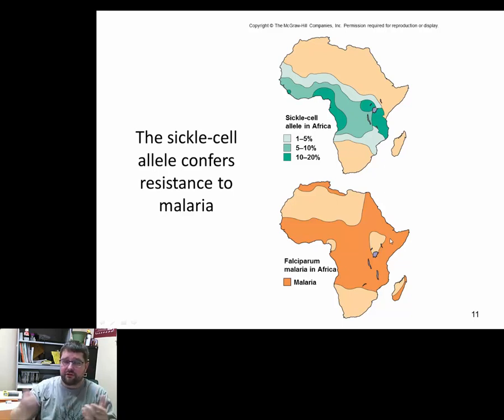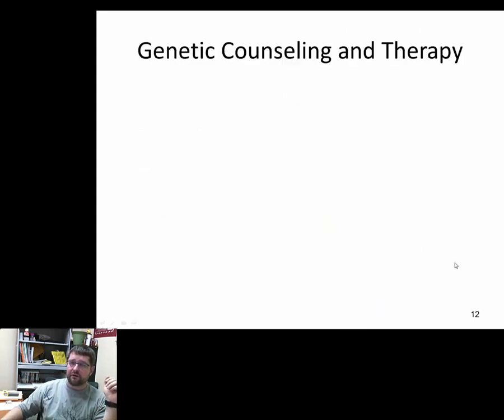So there's this trade-off. Yes, you can't bind as much oxygen, but as long as you're living at sea level, then it's not that big a deal. But you're also not affected by the malarial parasite. So there are lots of situations where we might think of it in our environment, sickle cell in the environment of,